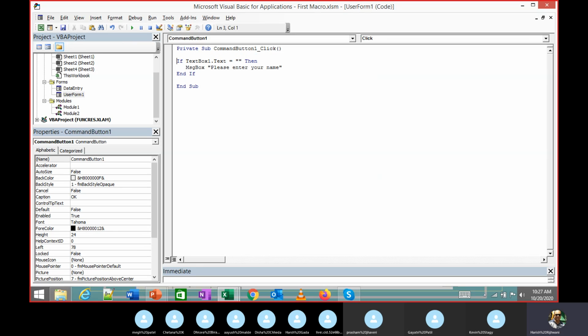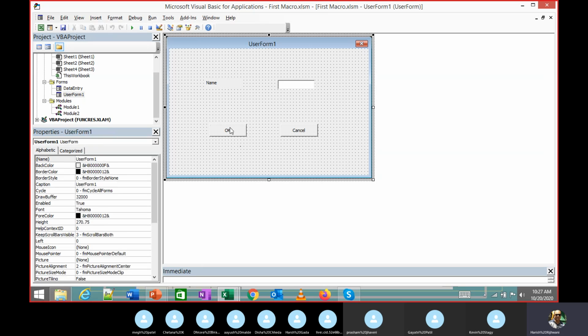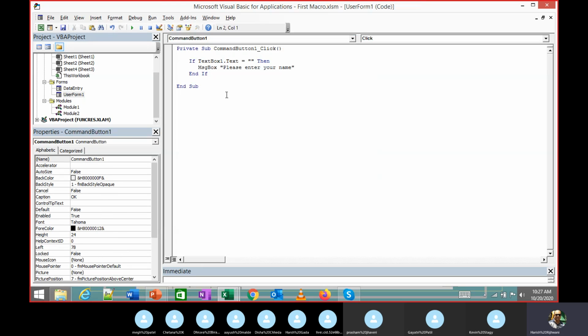You might be thinking how I came to this. What you need to do is double click this OK button. When you do that, it creates a private routine. Else we'll say, to this I will say user form data entry dot,